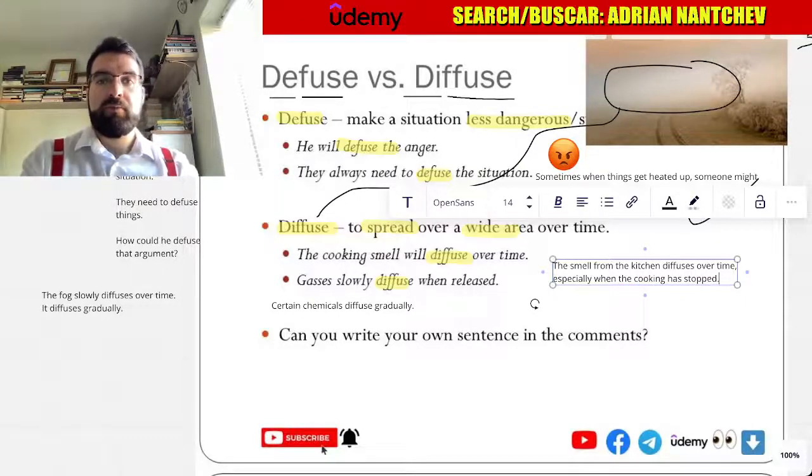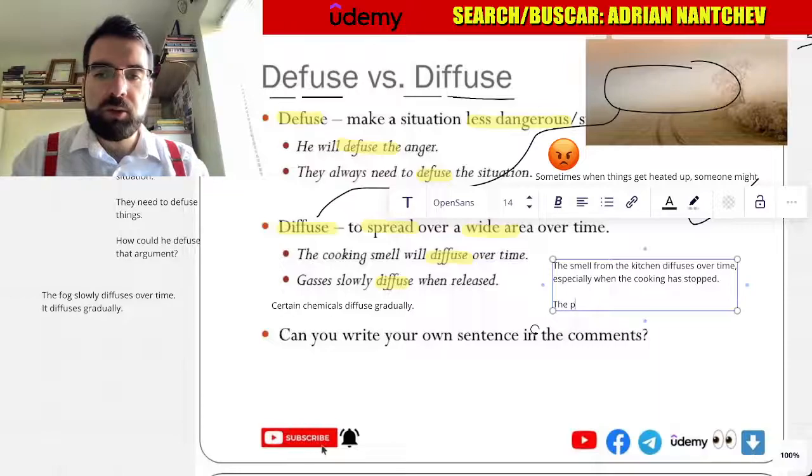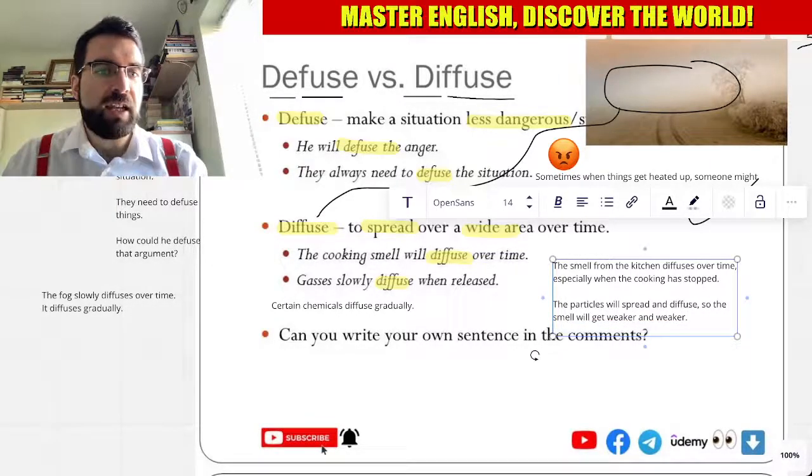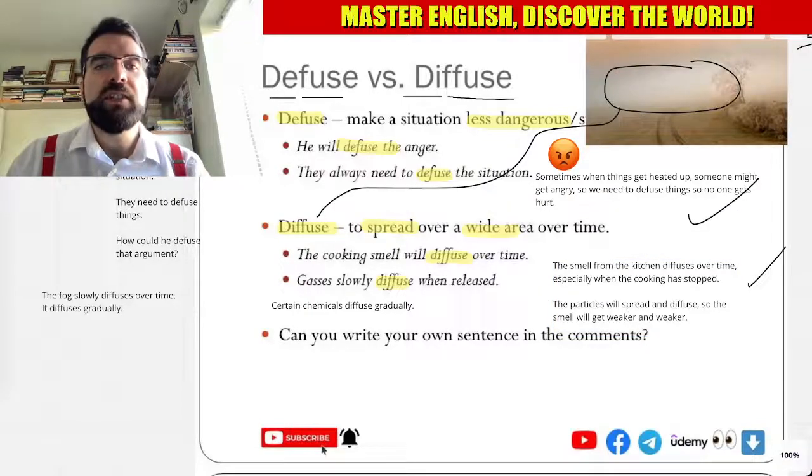The particles will spread and diffuse. So the smell will get weaker and weaker. How cool is that, language explorers? Diffuse and defuse.